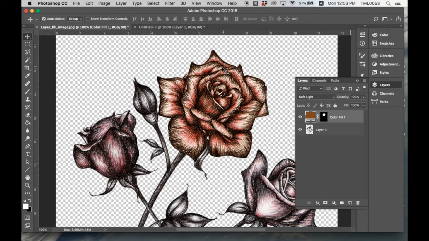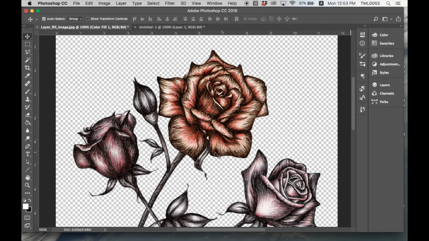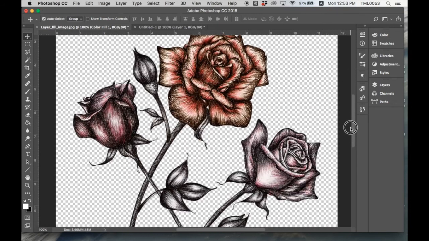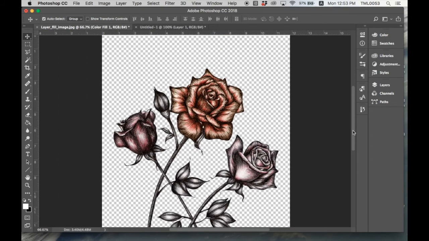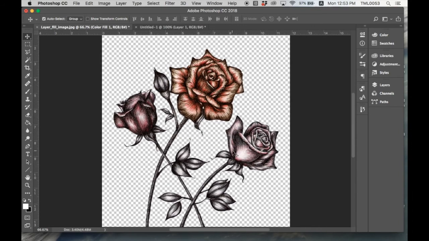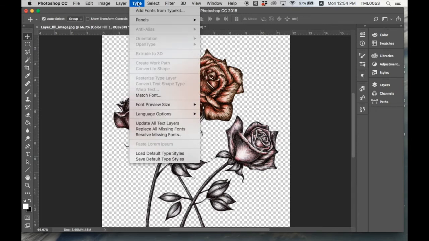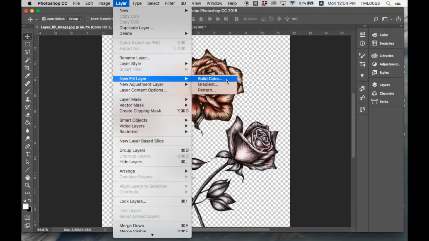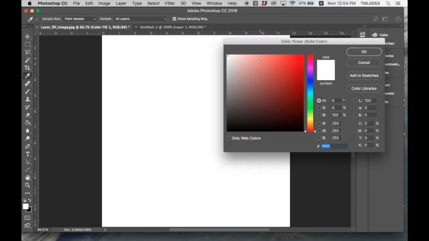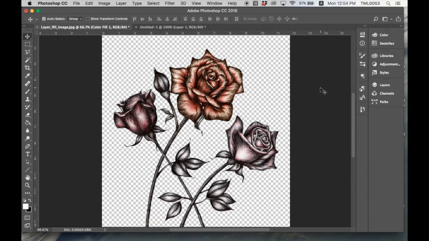Okay, so what I want you to do is to continue your work, follow the same steps that I have taught just now. We have quite a number of objects here. I want you to first finish the rose petals. Use the Polygonal Lasso tool to select the second petal here, and after you select, you do the same thing. You go to Layer, New Fill Layer, Solid Color, and then okay, and then just pick the color,